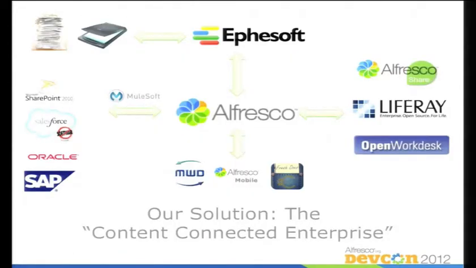Okay, so where are we going from here? I talked about Ephesoft, and just to frame it again, that inbound arrow from paper or scanner into Ephesoft can be a CMIS pipe, and then again, it is CMIS from Ephesoft to Alfresco. We're going to jump down in our diagram and talk about mobile here for a while.